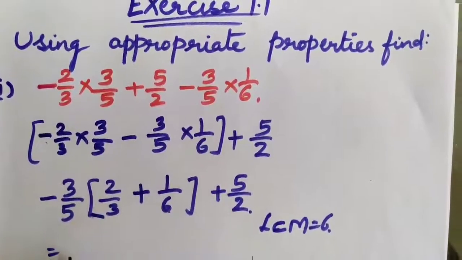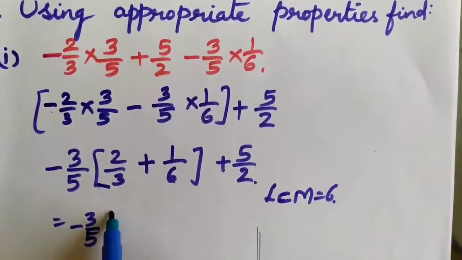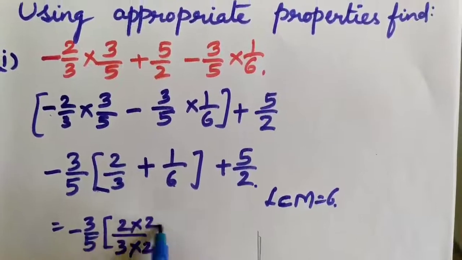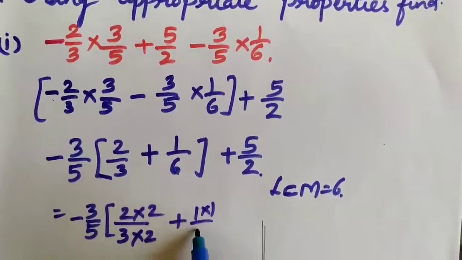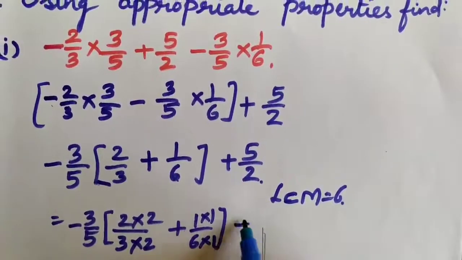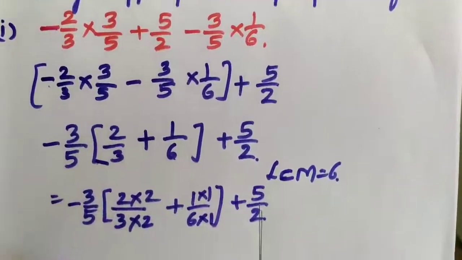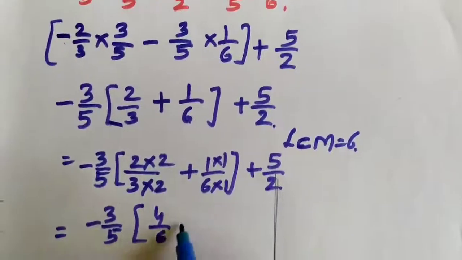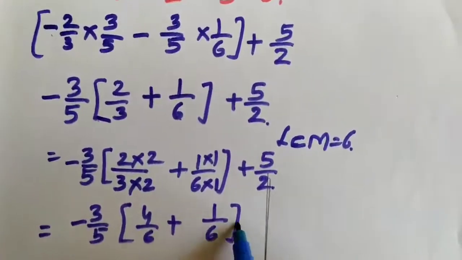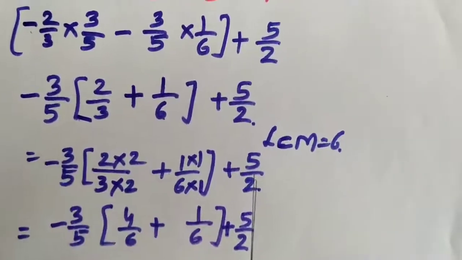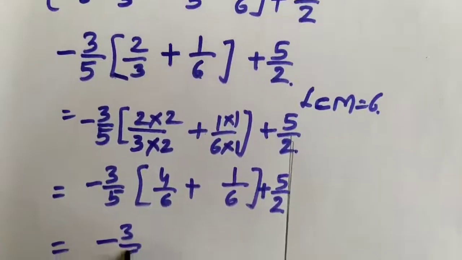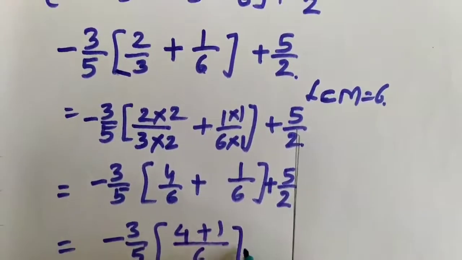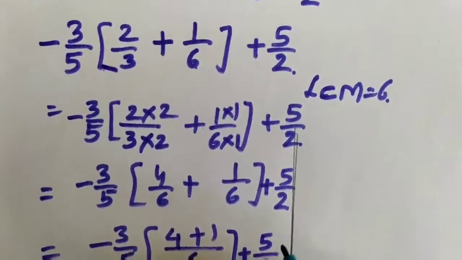Now let us solve minus 3 upon 5. You have to make the denominator equal to 6 now. 3 2s are 6, 2 2s are 4, plus 1 1s are 1 and 6 1s are 6, plus 5 upon 2. Here equal to minus 3 upon 5 into 2 2s are 4 upon 6 plus 1 upon 6 plus 5 upon 2, equal to minus 3 upon 5 into bracket 4 plus 1 upon 6 plus 5 upon 2 equal to